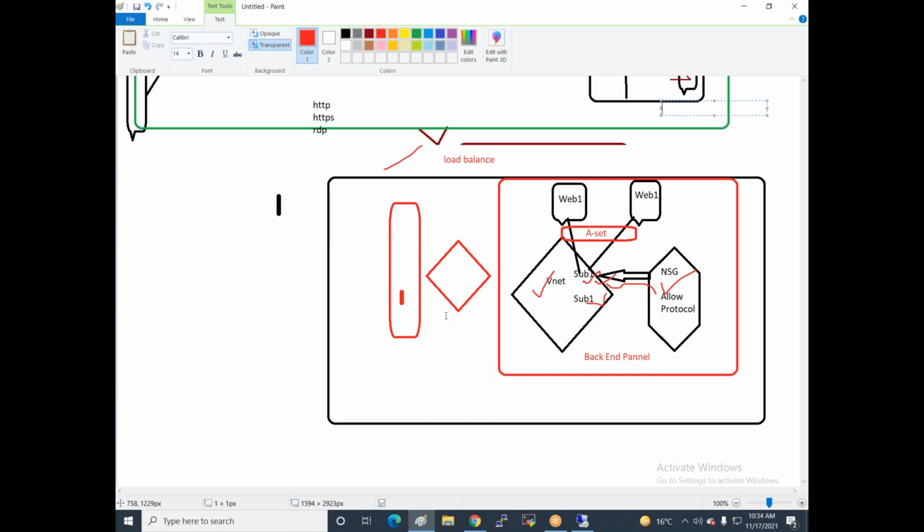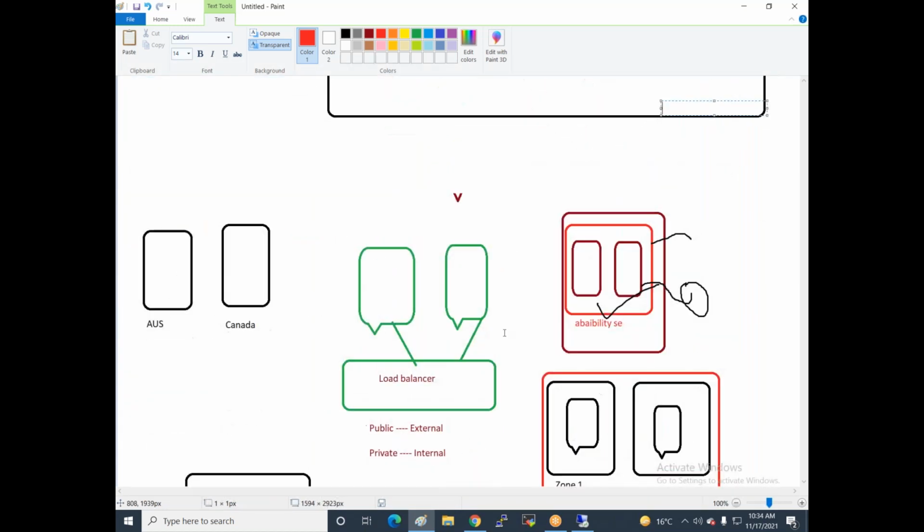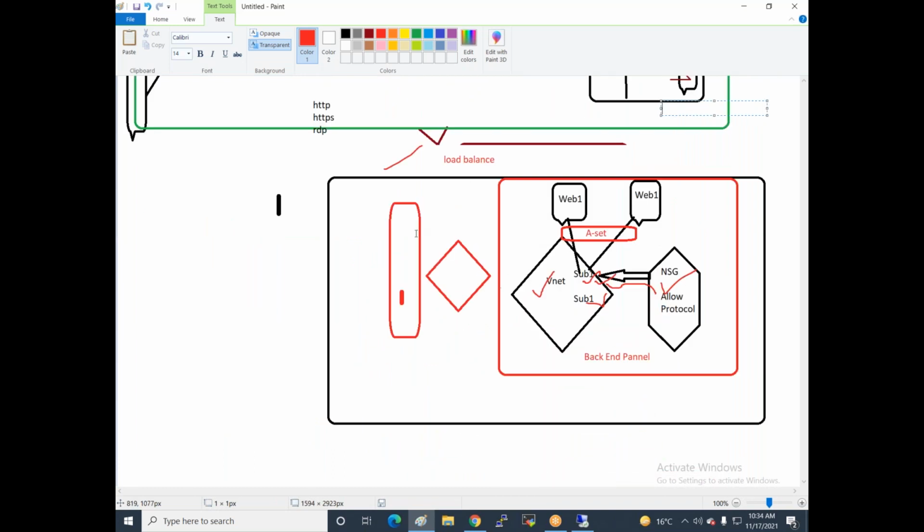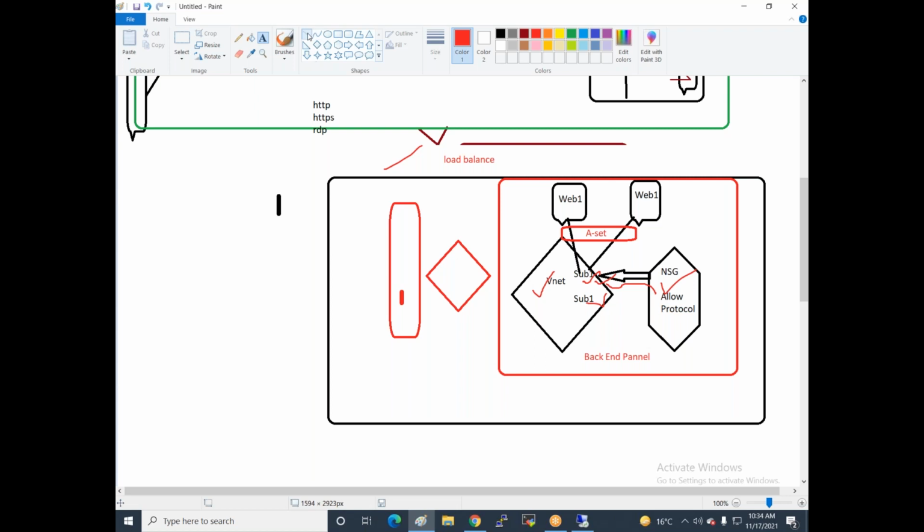Like this one, automatic deployment. What is the disadvantage of this network? If the server goes down, it is not created automatically. If you are using 2 web servers and both go down, your entire web server is down. Or if the load coming is more than 2 lakhs, then this infrastructure goes down.